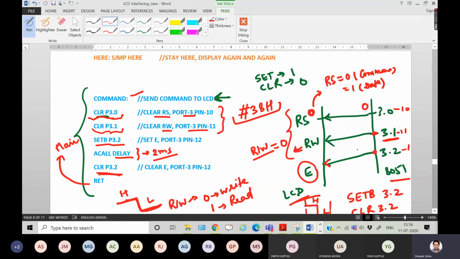ठीक है, तो 3.2 पे, इस enable pin पे अगर ये कमांड एग्जीक्यूट करवाने हैं तो हाई टू लो पल्स देना पड़ेगा, राइट, इट इज रिक्वायरमेंट। तो कैसे हाई करेंगे इसको, यहाँ पे 1 कैसे देंगे, हम लोग 3.2 को पहले सेट कर देंगे और फिर क्लियर कर देंगे। ठीक है, तो सेट करने के लिए हम लोग क्या करेंगे, सेट बिट 3.2, तो यहाँ पे क्या अप्लाई हो जाएगा, हाई